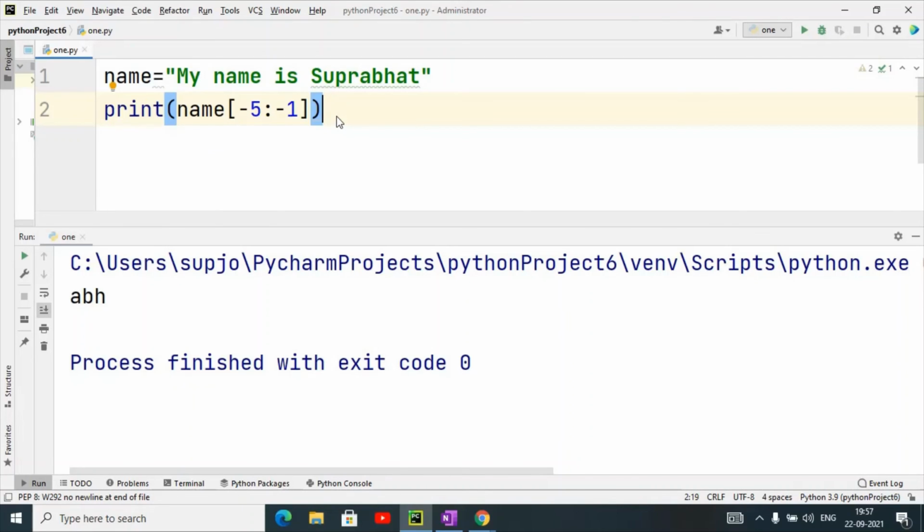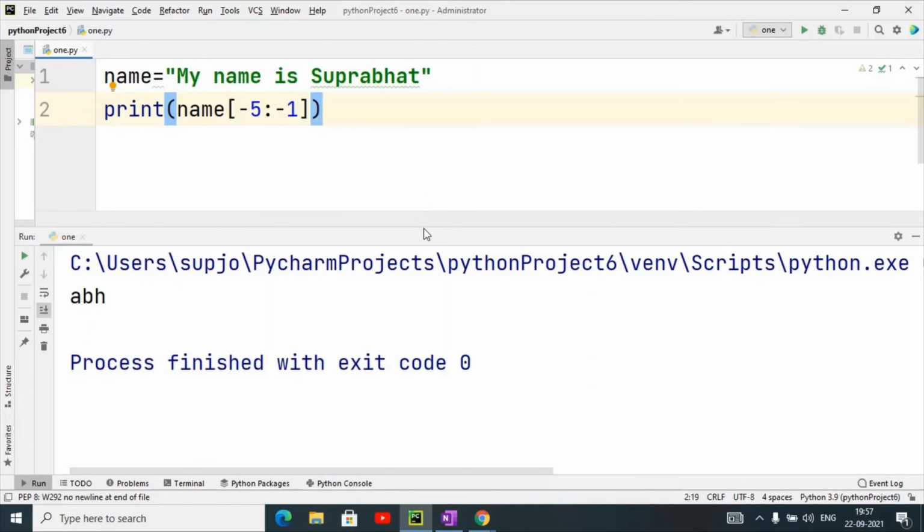No, sir. Please try, because these questions will improve your logic. Logic I cannot feed in your mind; you have to develop it yourself. I can guide you on the syntax and the manner in which Python works, but if some question or problem comes, you have to develop the logic also, as we discussed yesterday.